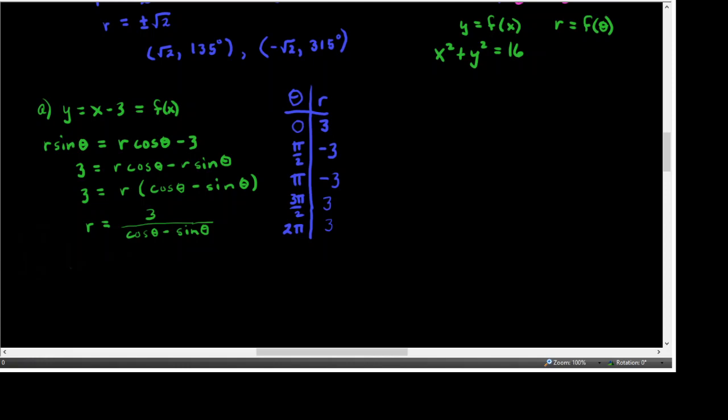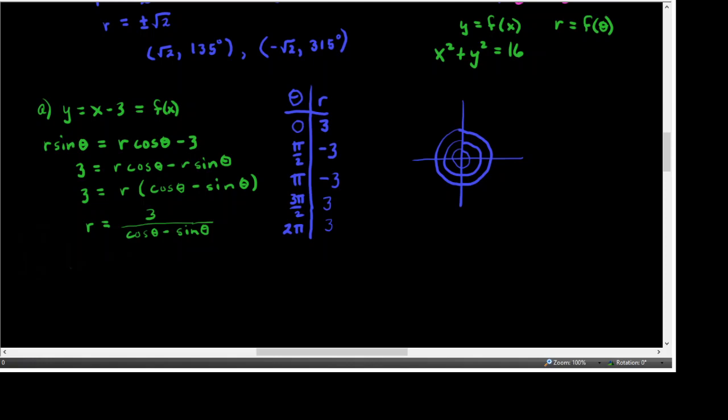So if we were to graph this on a polar grid, the reason we're not seeing a lot of variability is because I picked really easy ones to plot. We're not going to see the definition of what this is supposed to look like from these points. We'd have to fill in first quadrant angles and second quadrant angles and see what's going on. Anyhow,